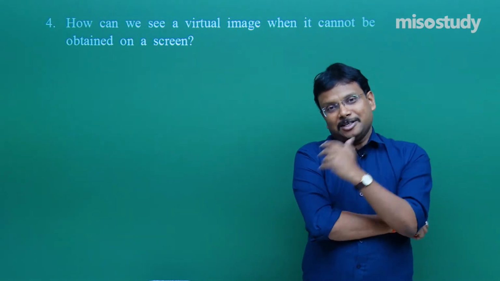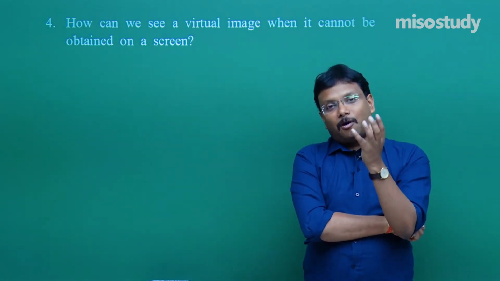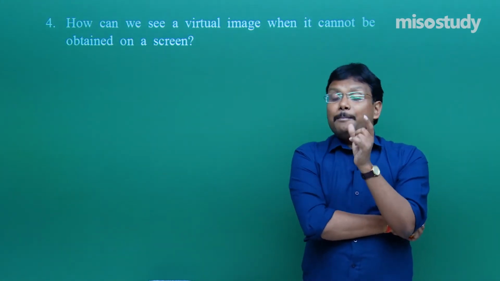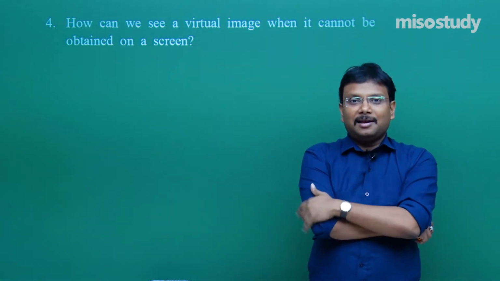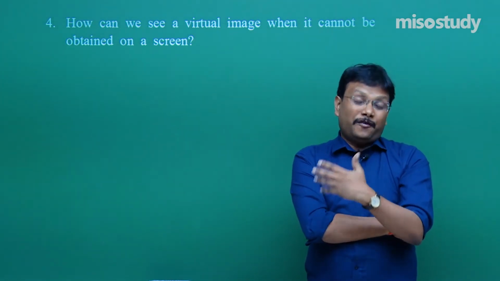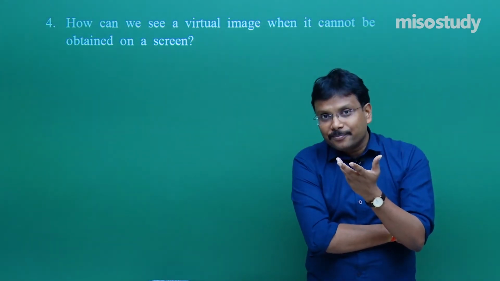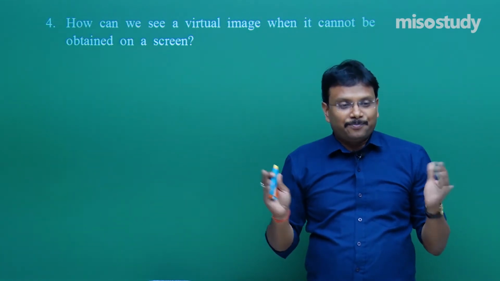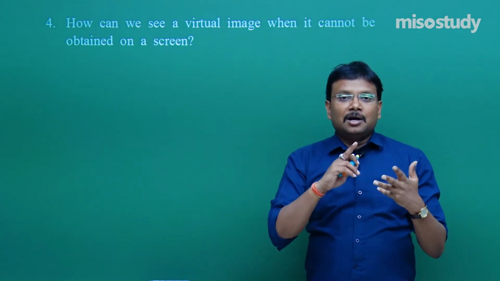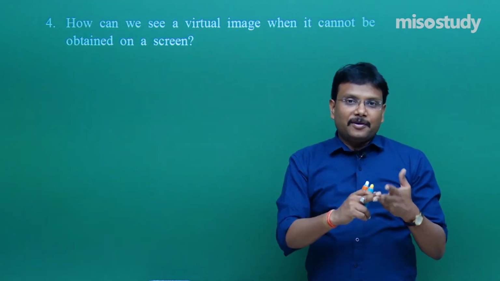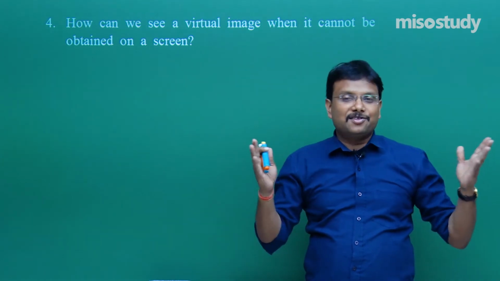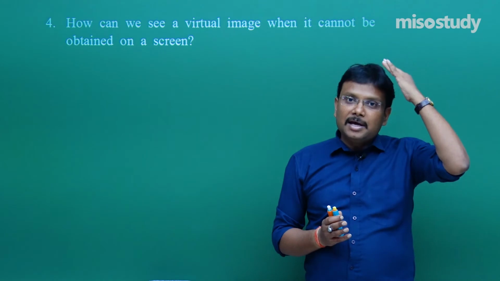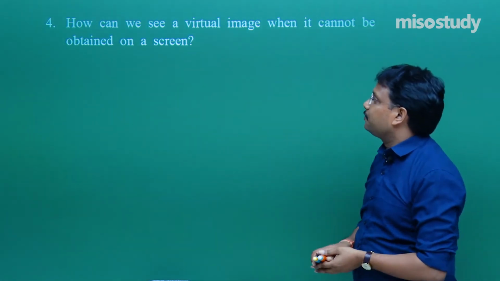Retina can create the image, and then retina will transfer the image signals, electrical signals, by means of optic nerve to the brain, and then brain on the basis of its understanding will analyze. So, your eyes are perfect cameras created by Almighty. Real image, virtual image, erect image, inverted image, whatever, they can sense, they can understand, because eyes are not only working as a lens, but the brain is also involved. So, the answer of this question should be